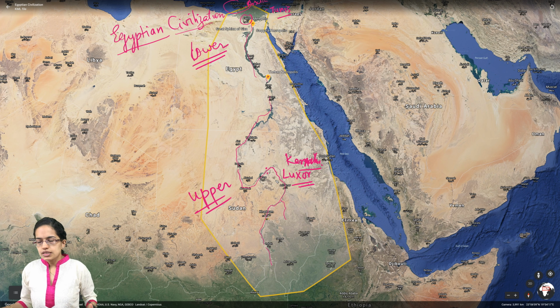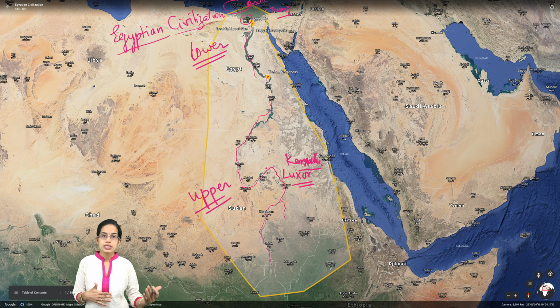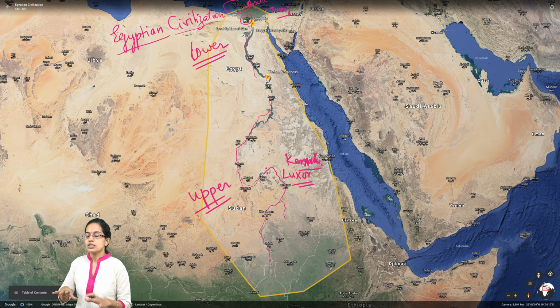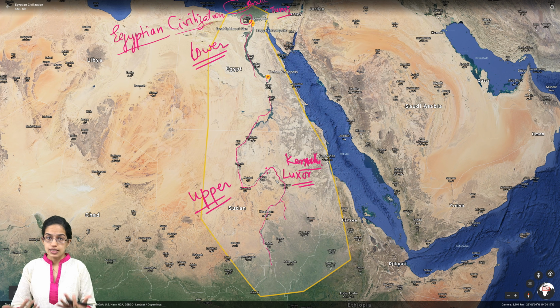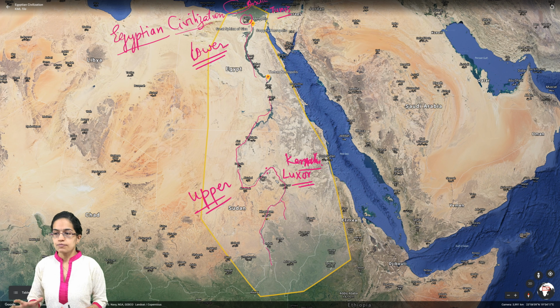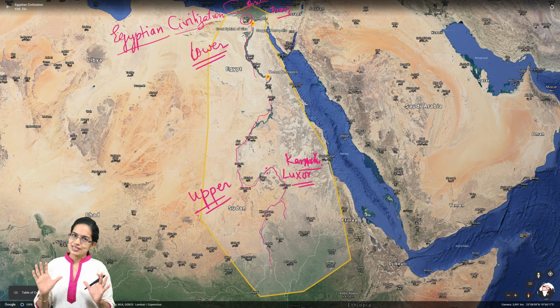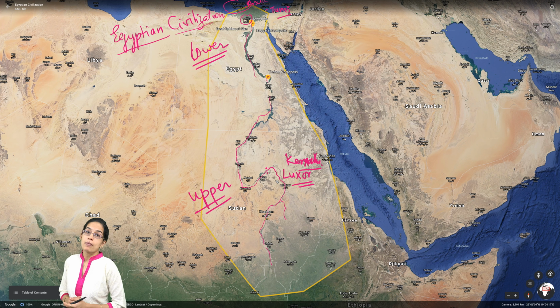Now this Egyptian civilization had numerous kingdoms that ruled the region. You had numerous kings, but the whole story of Egyptian civilization symbolizes a few things. Firstly, they were great mathematicians and astronomers. They were very skilled with medicine and physiology. They had a lot of knowledge of medical sciences and medical advancement,